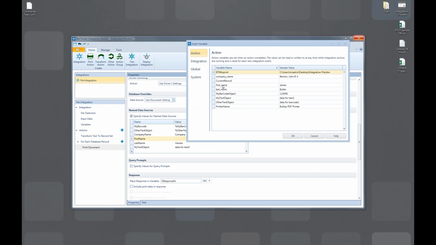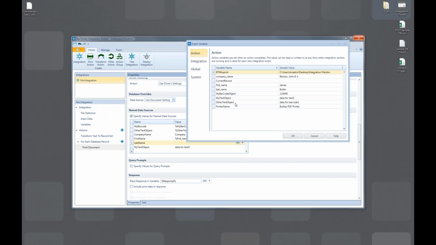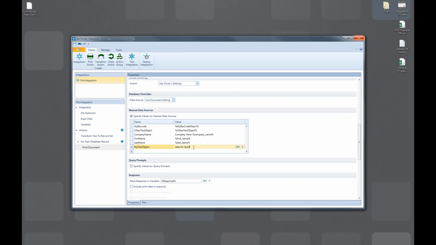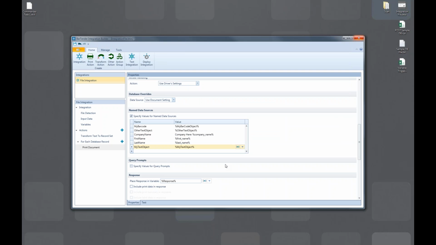So let's continue on, and we're just going to select the first name there, select the last name, and my text object 3, or my text object, there we go. Okay, so we didn't necessarily have to populate all of them, but we did for this scenario, and we even added a little bit of change to the company name. So now before we go to test, because we're feeling pretty close to completion, kind of ready to start testing this